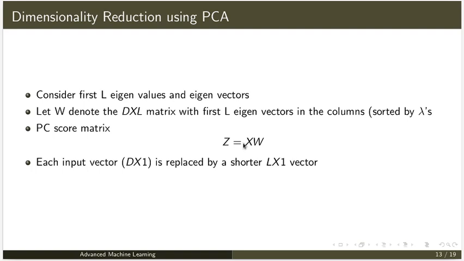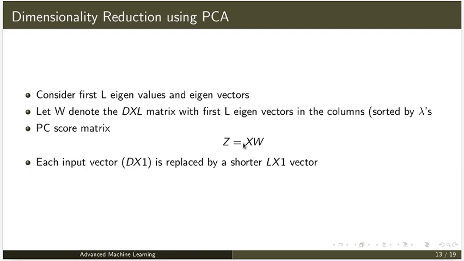So instead of the first one direction, we select the first L columns of your W. We create a new W matrix in which each column is one eigenvector, and then we multiply X with W. W is your D cross L matrix and X is an N cross D matrix, so we get an N cross L matrix. Each input vector is represented by a shorter L cross 1 vector.